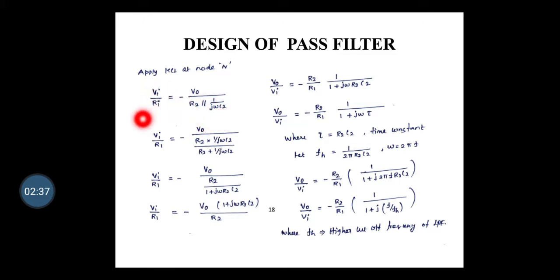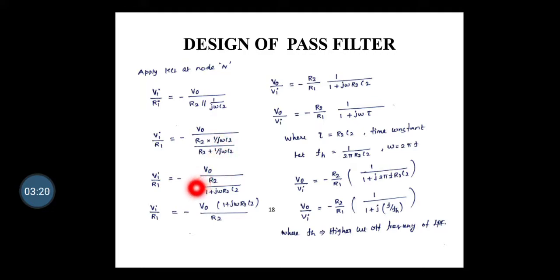If it is on the left hand side of the equation, it may be written with a plus symbol, but we are writing it on the right hand side of the equation, so we are going to place the minus symbol. Then Vi by Ri will be equal to minus V0 divided by the parallel combination. The rule to eliminate the parallel connection is R1 R2 divided by R1 plus R2. Similarly, R2 into 1 by j omega C2 divided by R2 plus 1 by j omega C2. Taking the LCM, this term will be cancelled.